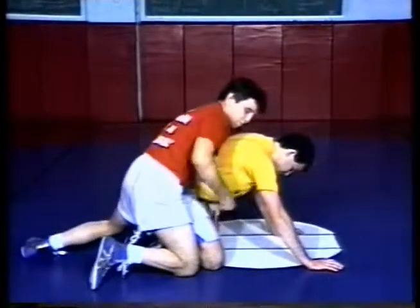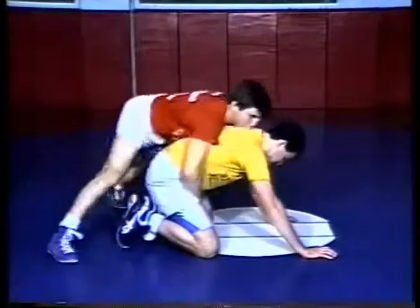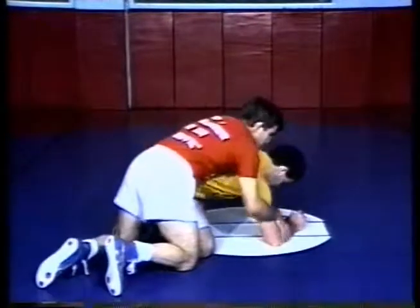If that's a tilt, that might just mean driving forward and elevating him, and getting your knees pinched under him. It just depends on what it is. Before you can score with your techniques, you've got to A, break the guy down, and B, get something under control. Principle I have